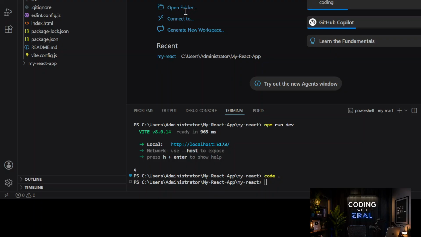We're going to put a link because it's a navigation, and for the links we're going to put home, about, and contact. And then we're going to export it as default Navbar. Now, if we look at our navbar,